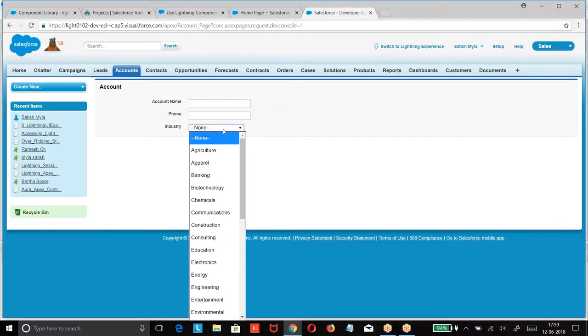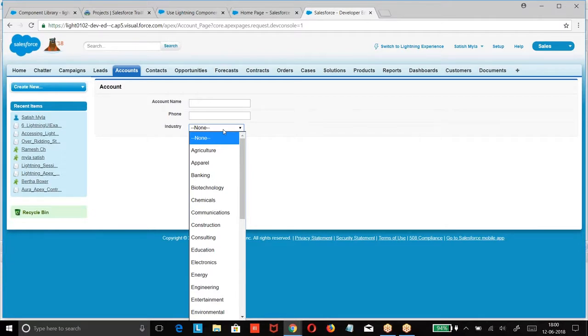I don't want to get the list of all the industries. I want to get only those industries whose name is starting with A. As per this page, only those industries should be displayed. Then what will you do? How will you achieve this?